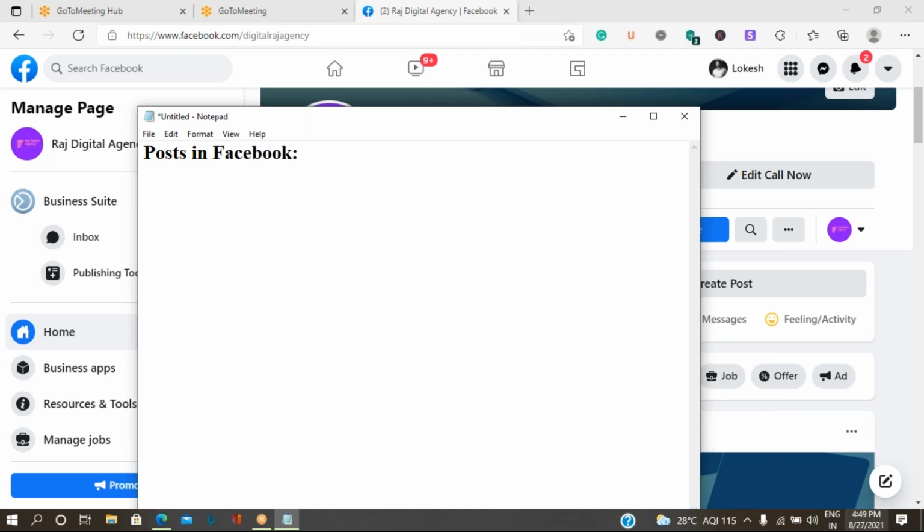So the first one is general text post. The next one is hybrid text post. The next one is image and text post.